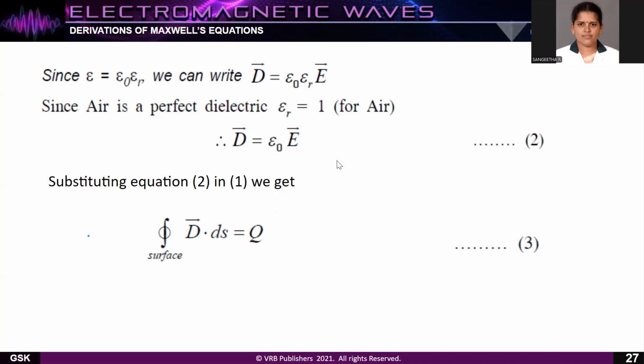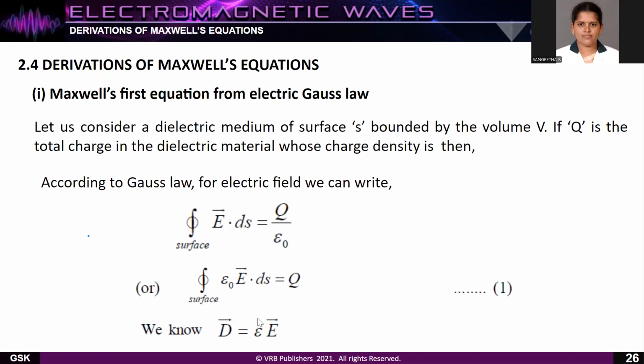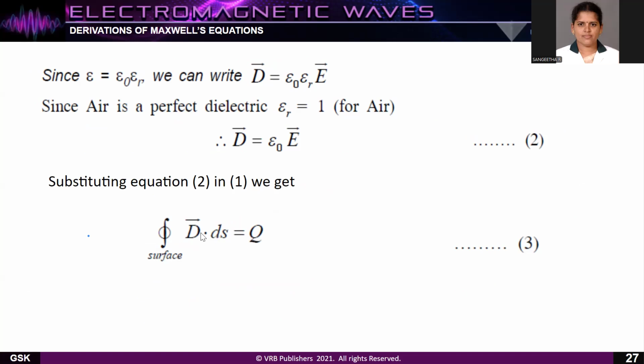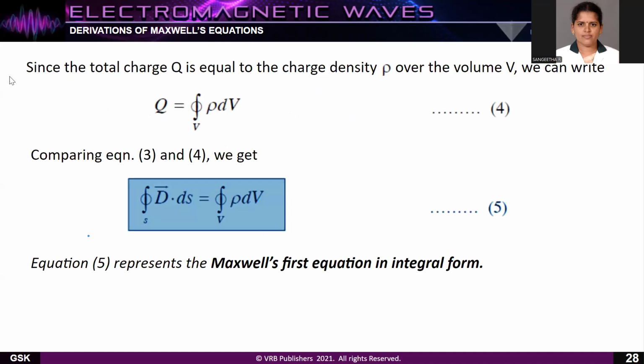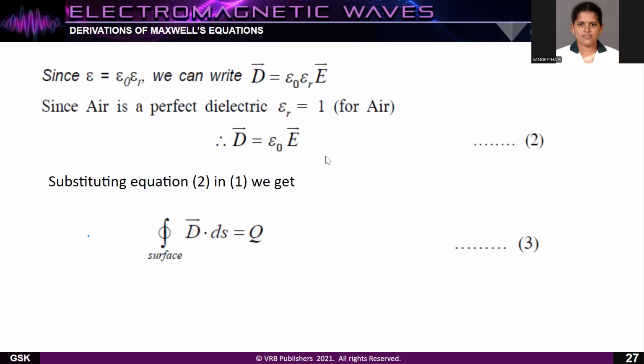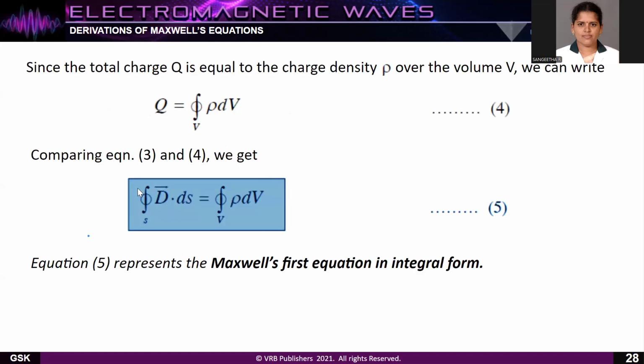So when you substitute this in the above equation, instead of epsilon naught E vector, if we substitute D, what happens? The closed surface integral of D vector dot ds is equal to Q. This is our third equation. Now we can see what is the total charge. The total charge is equal to charge density over a volume, that is, closed volume integral of rho into dV. So this is Q. You substitute this in equation 3 instead of Q. When you substitute, it becomes closed surface integral of D vector dot ds is equal to closed volume integral of rho into dV. This is Maxwell's first equation in